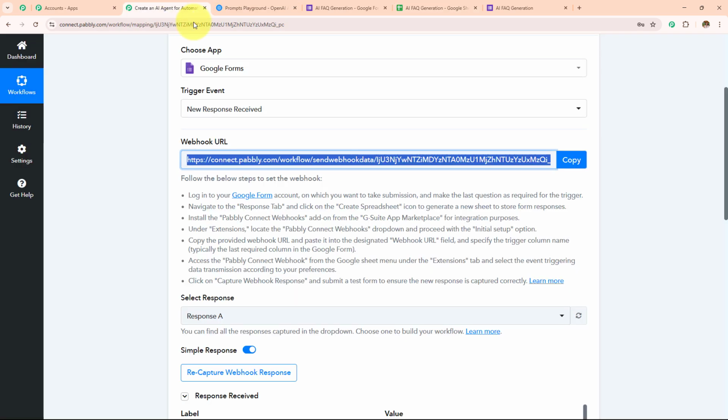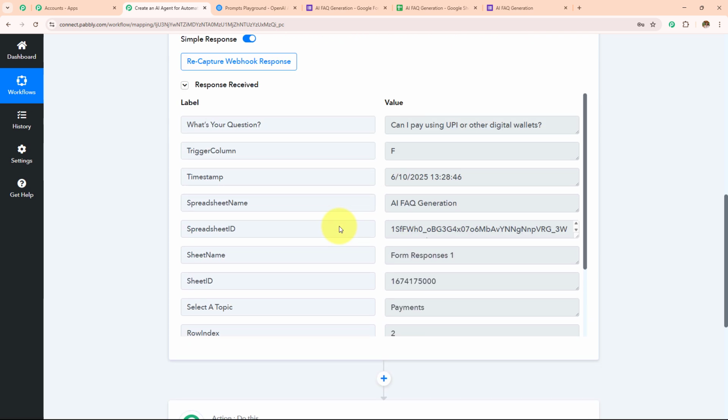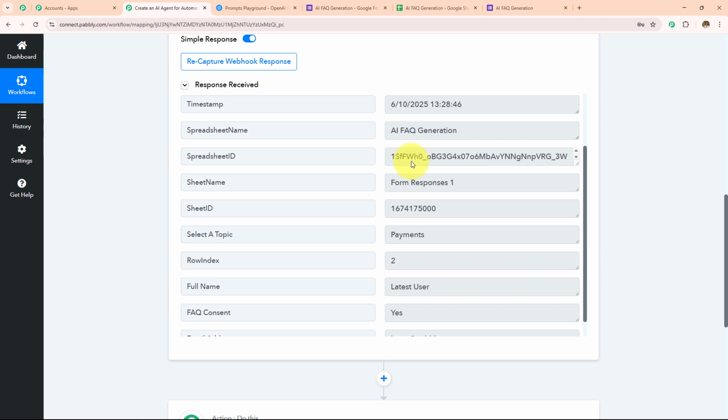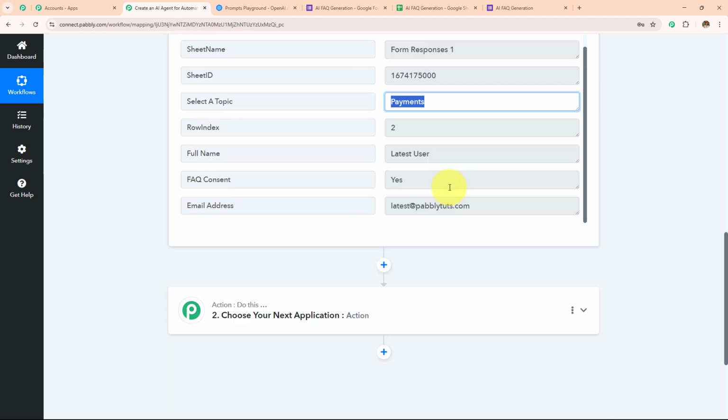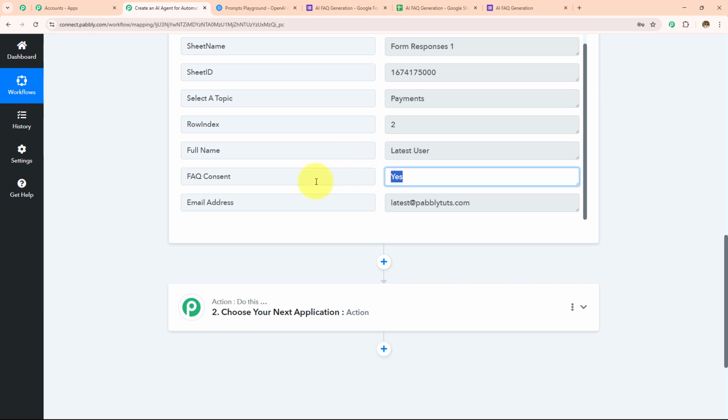Now I'm going to open my Pabbly Connect workflow, and here I can see that I have received the response. This was the same question. The trigger column we entered was F. The spreadsheet name was this. Then the topic was payment. Full name was latest user. FAQ consent was yes. And the email address was